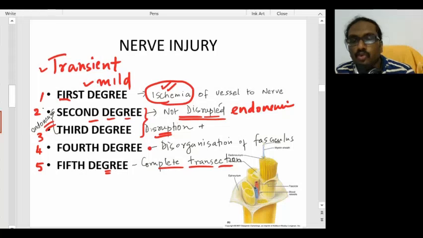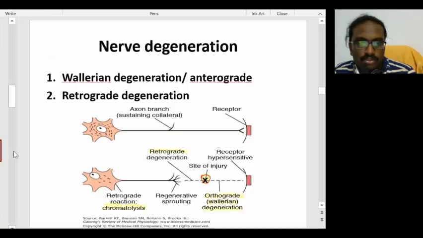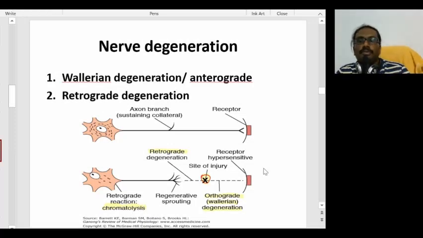Now coming to the 4th degree injury, what you find is a still more severe form of injury, either a compression or a transection, which is going to disorganize your fasciculi. So fasciculi are disorganized. So this is how you grade injuries from 1st to 5th. Being said that, now we are going to learn about the next important topic, and that is nerve